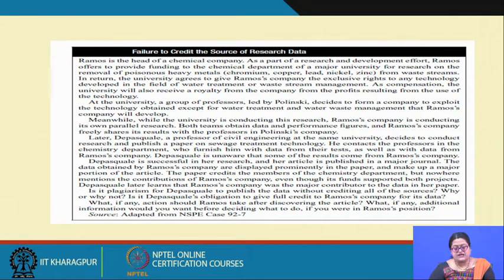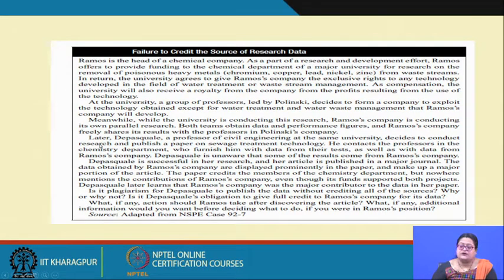What, if any, action should Ramos take after discovering the article? What, if any, additional information would you want before deciding what to do if you were in Ramos's position? So, if this is the case, let us see how it goes through, because there are 2-3 issues in it. First, what we find over here,